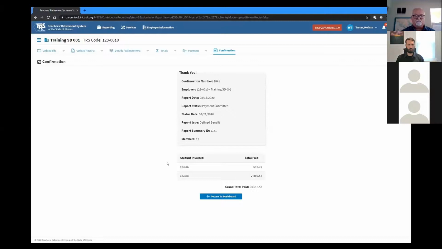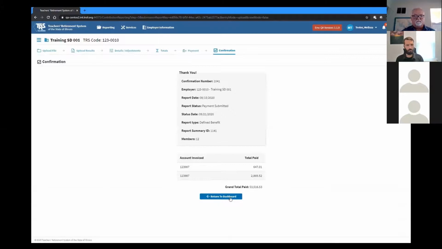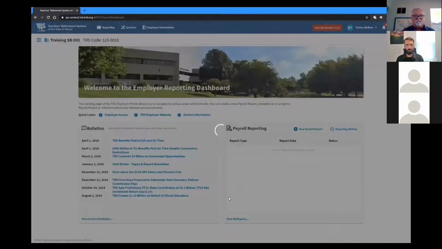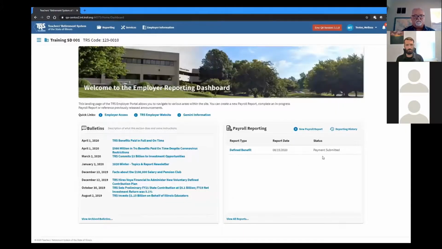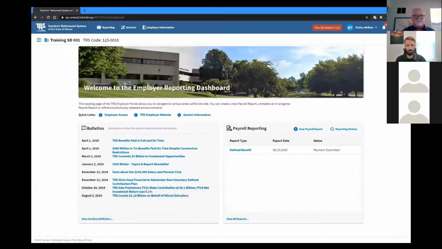And now I'm on the confirmation page, which lists a confirmation number for my report and shows the 2 different amounts coming out for this fund and everything else. So I'm going to click return to dashboard, and I have now completed my report, and you can actually see in that payroll reporting area on the right there, the report we just completed is now listed in a status of payment submitted. And once that gets picked up by TRS and the payment is actually processed